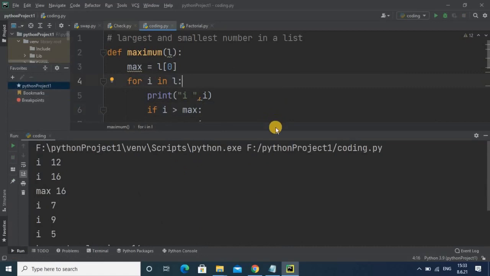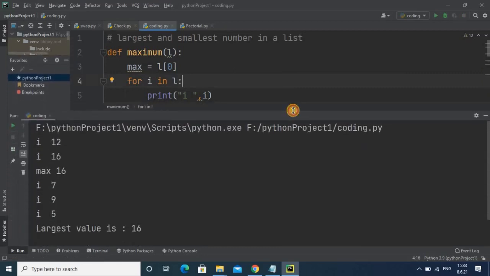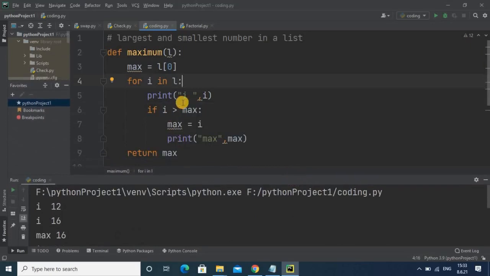So you can observe the I value is initially 12 if you take a look at the list, and this 12 is the value that we are printing here, because I takes the values one by one. Here the condition is false because 12 is not greater than 12, since the first value is 12.